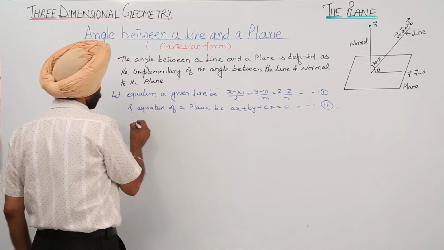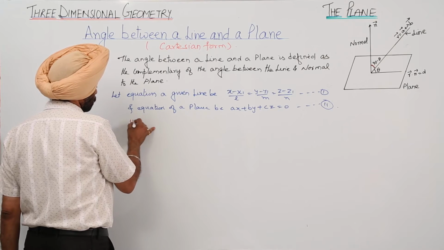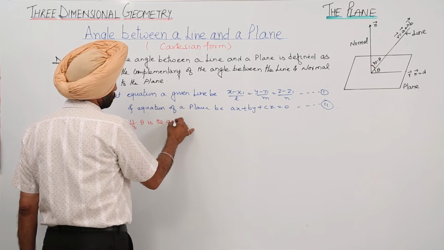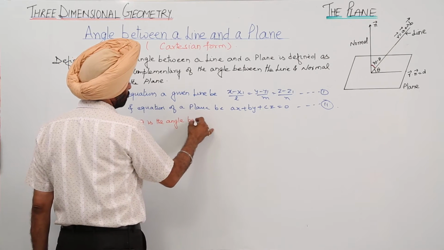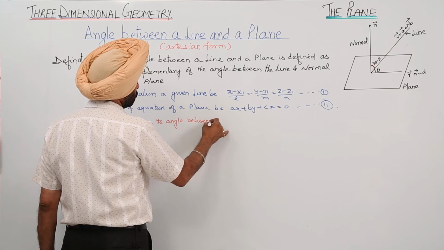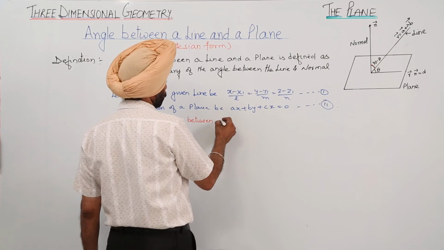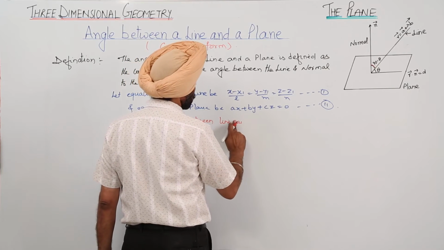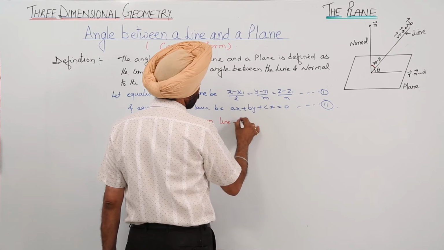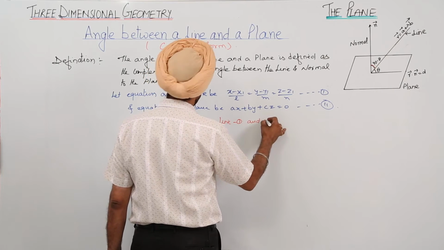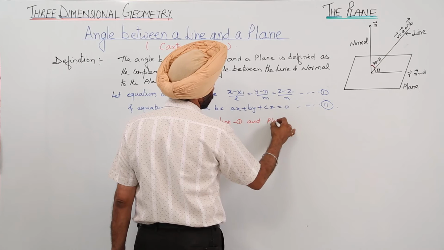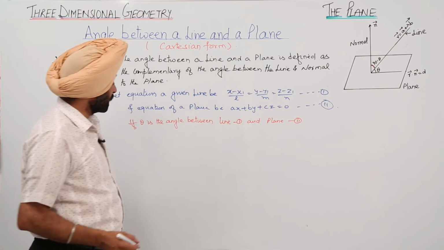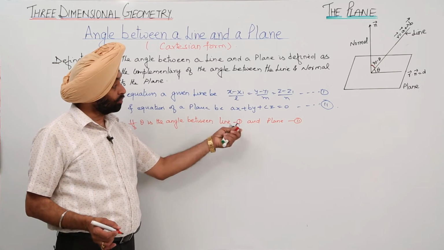Now, if theta is the angle between the line 1 and plane 2,